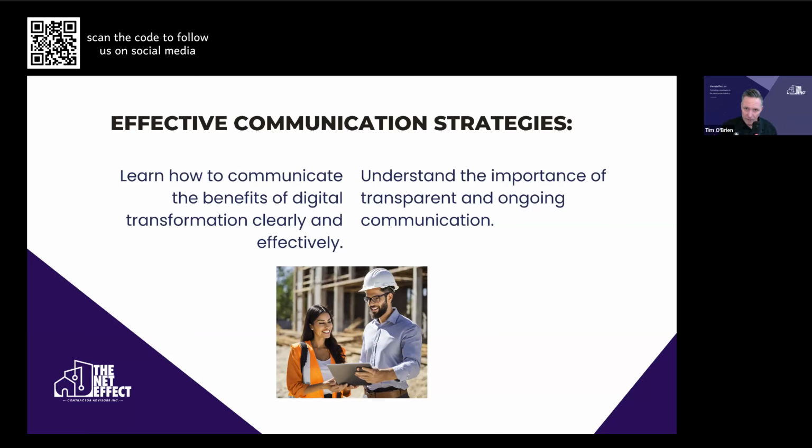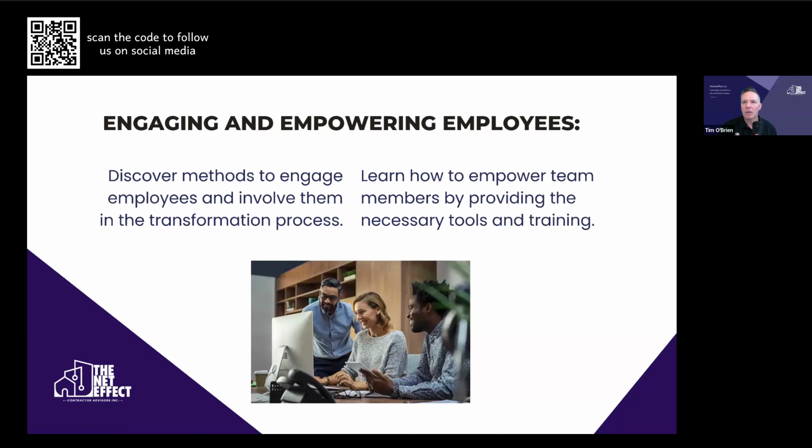Regular updates is another part of it, understanding that you need to be in touch with your team regularly, whether that's weekly, bi-weekly, not letting them hang for a couple of weeks during the process. Make sure that everybody's communicated with on the process, where you're at, and regularly updating everybody, whether it's through meetings, getting their feedback, emails, however you manage it. It's important to get the feedback from the staff and ensure they understand where you're at in your digital transformation.